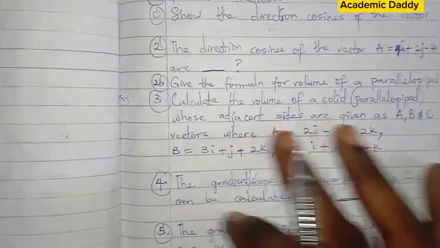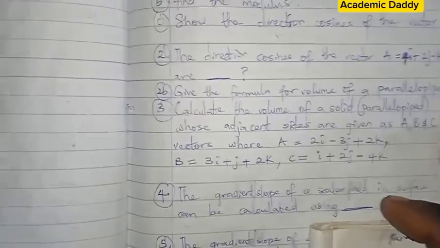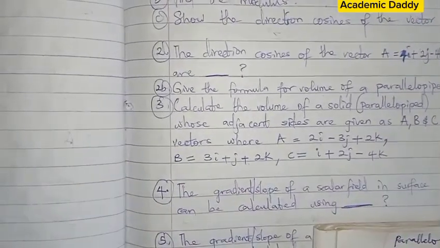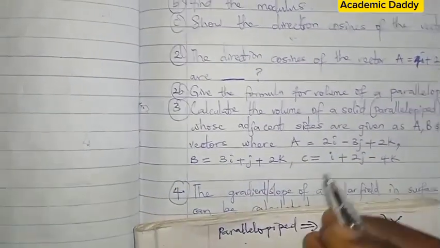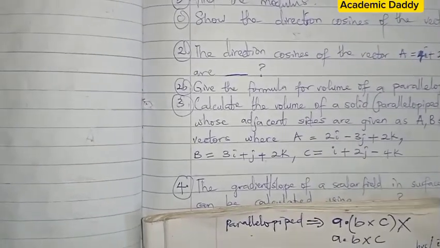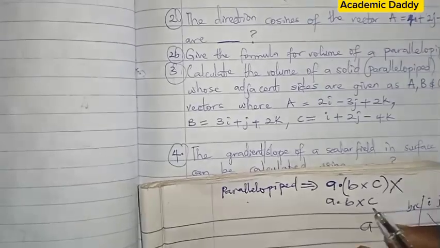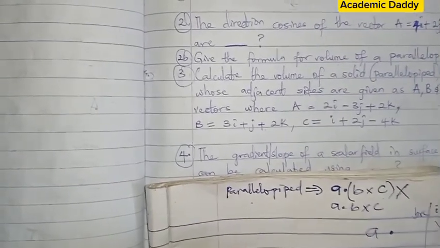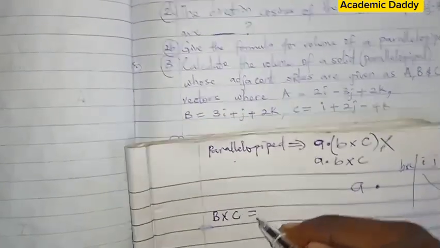Now they say calculate; this is a perfect example. Calculate the volume of a solid parallelepiped whose adjacent sides are given by A, B, and C. If I know this, I will just ignore A first, then bring out B. Let's cross B with C. Remember the formula A dot B cross C. So let's cross B with C. So I now get B cross C will be equal to